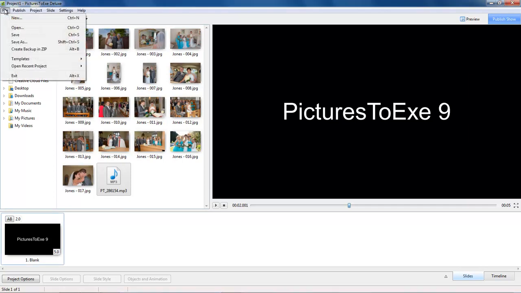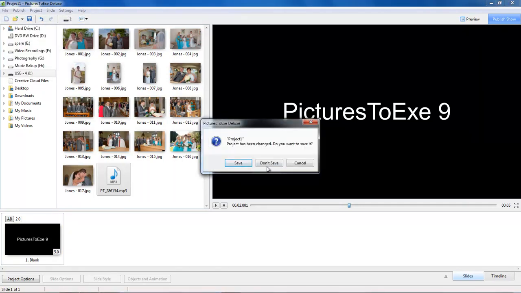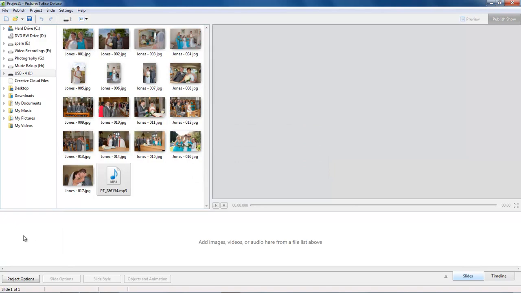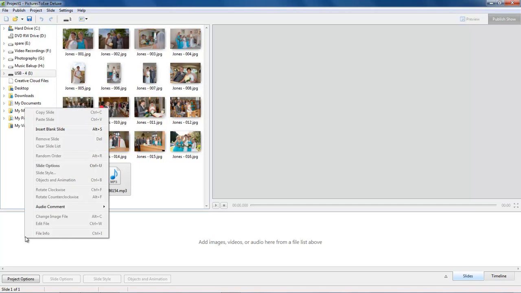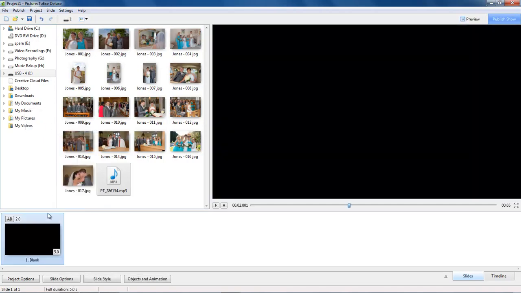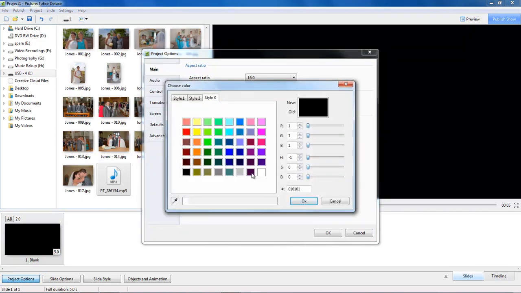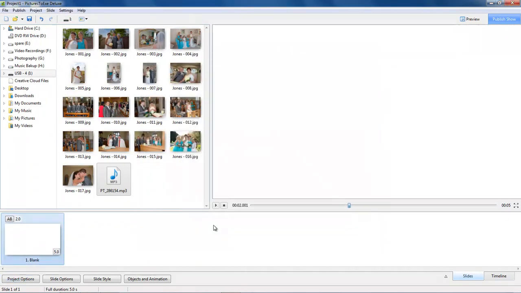I'm going to go to File, New to set up a new project. No, I don't want to save what I have on screen, but I want the default settings for a new project. I need a couple of blanks, but I'd like them to be white rather than black given we're working on a wedding. So right click, insert a blank, project options, main tab, change the solid color from black to white,